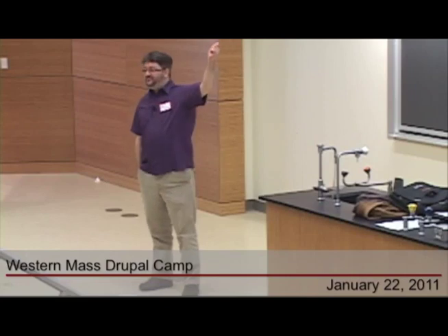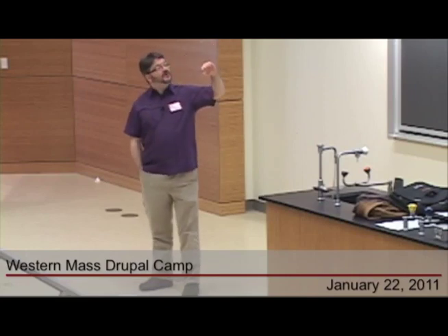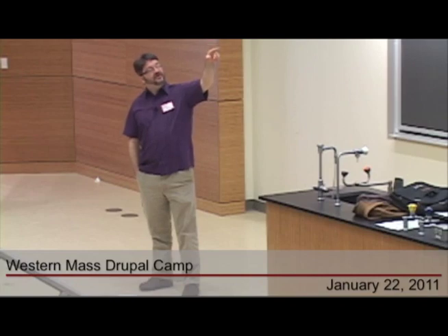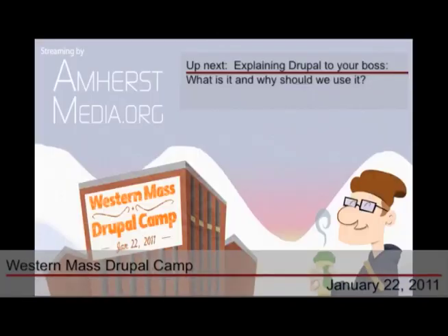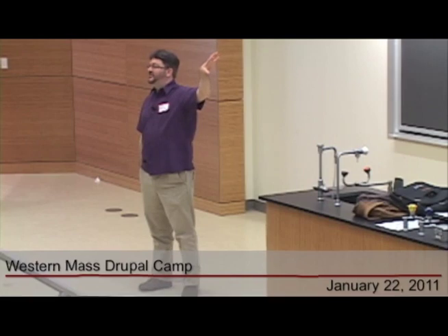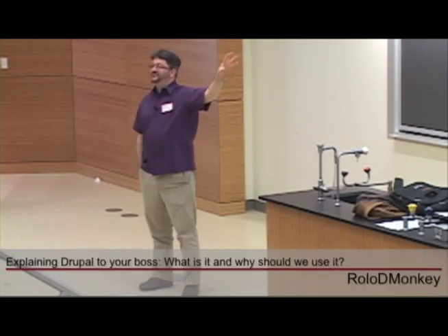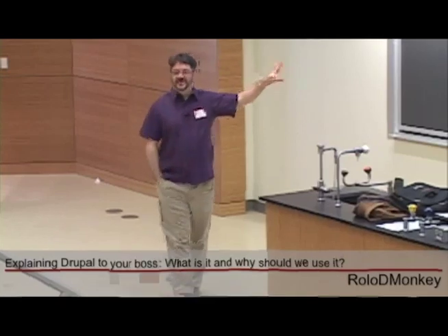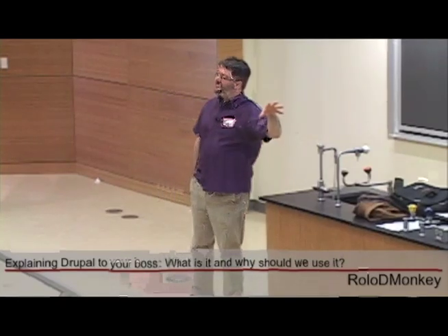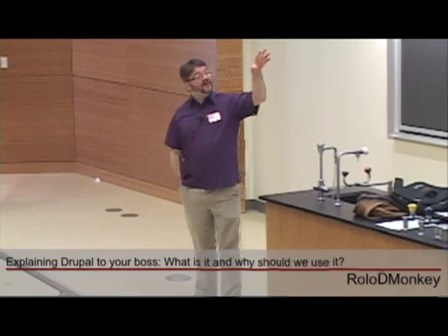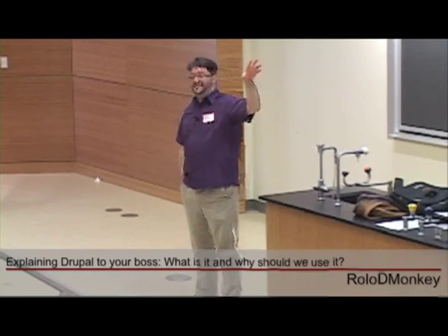There are forums on Drupal, which is also under that same link. There are groups, which is under that same link. Groups are where different people get together. I don't know how many people here are part of Western Mass Drupal group. Anybody? A couple? Right? So Western Mass, and as I said before about the taxonomy system, the groups.drupal.org is a,